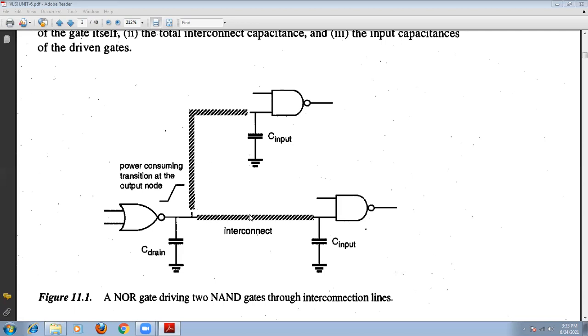Finally, you can concentrate on the input capacitance, because the input is basically the input capacitance of the next gates. It depends upon the gate capacitance, that is, the gate oxide. So the input capacitance also has to be considered here. So the total capacitance in this case depends upon the following. We can consider the total capacitance is equal to the sum, so now.